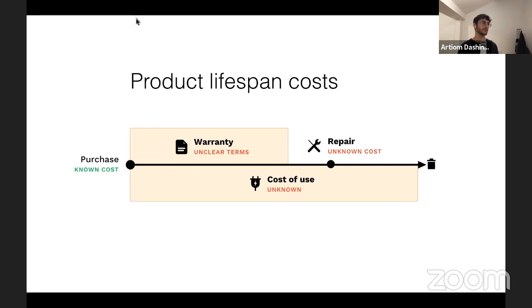And it's the same thing with repair, right? If you're considering buying a specific smartphone over another, you're likely to have some problems with it during its lifespan. You might need to replace the battery, or you would drop it and your screen is cracked, so you have to replace it.